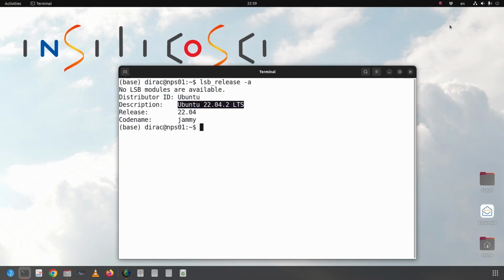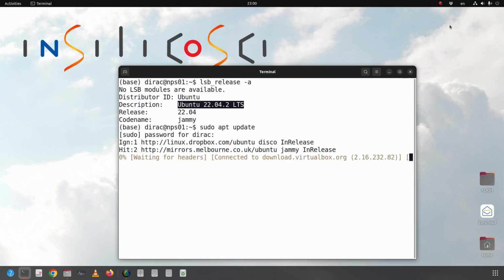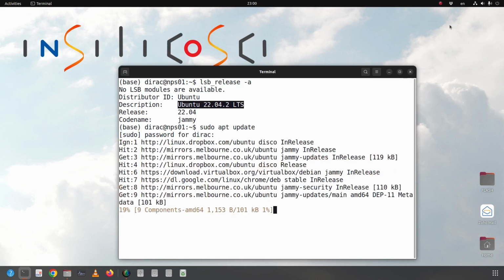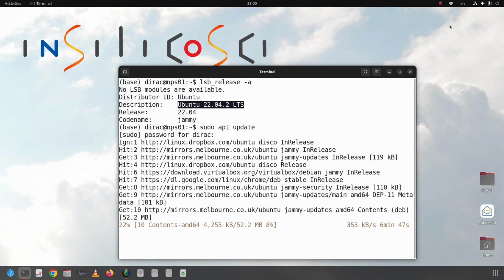And then we need to update the package manager database, and we can do this by the sudo apt update command. And you need to enter your password. It takes a few seconds to complete.